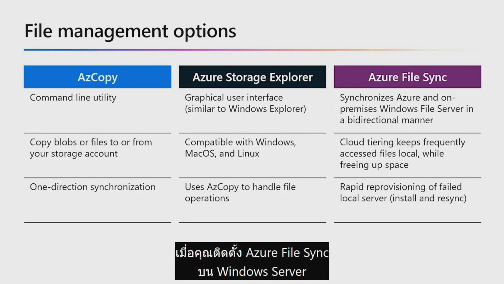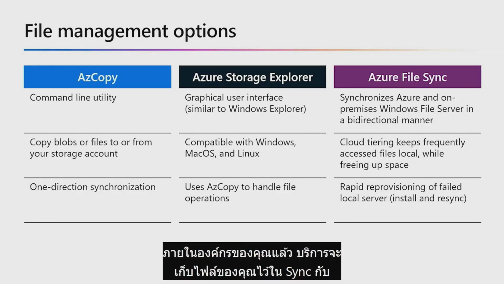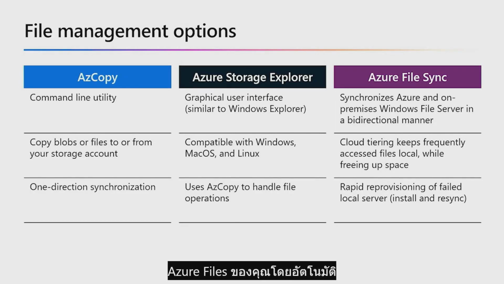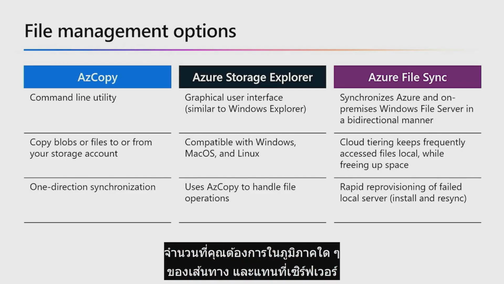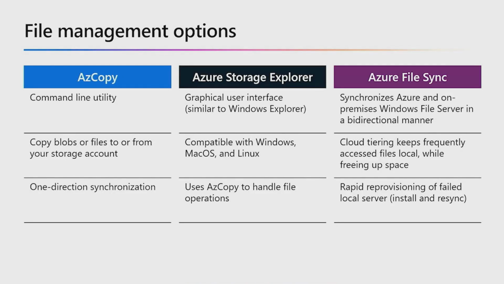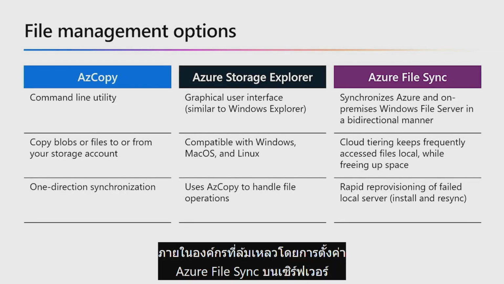Once you install Azure File Sync on your on-premises Windows server, the service will automatically keep your files in sync with your Azure files. With Azure File Sync, you can maintain any number of caches you need in any region of the world and replace a failed on-premises server by setting up Azure File Sync on a new server in